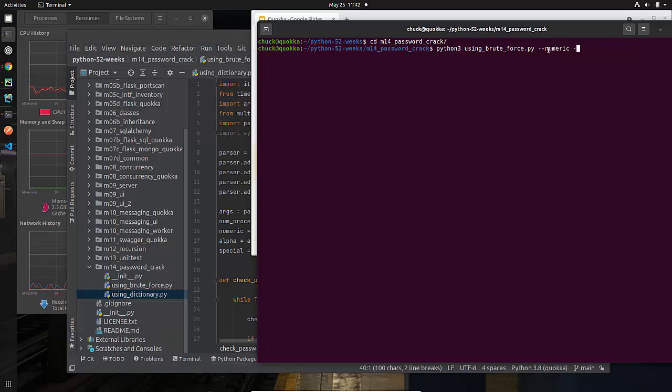Now, just to make this simple, I'm going to just do numeric, and the number of processes is going to default to the number of cores that I have, and we'll talk about that in a minute. So you can see I've started two processes. The search characters that I'll test in this password, I'm assuming this password is only numeric, so it's only going to test these.